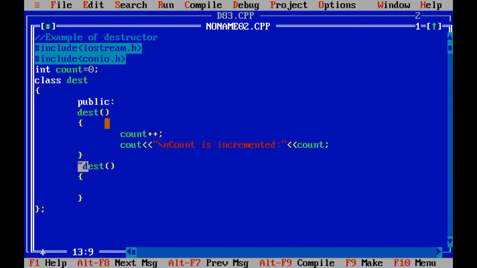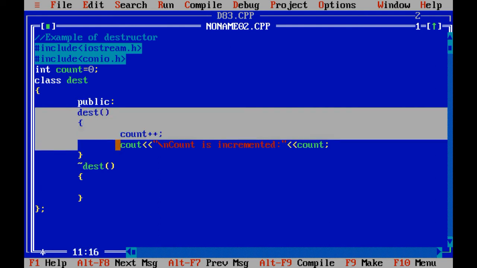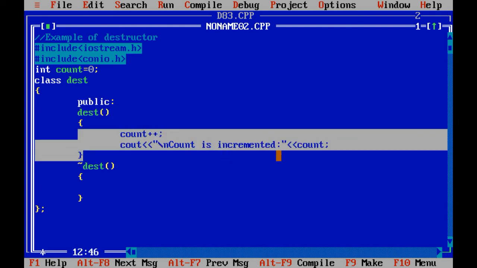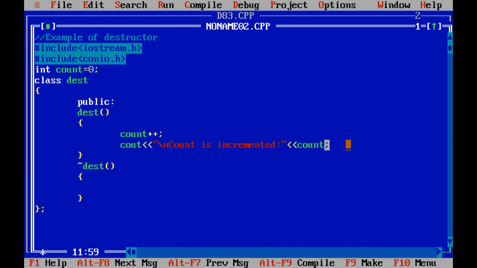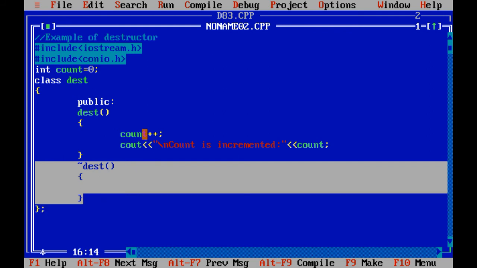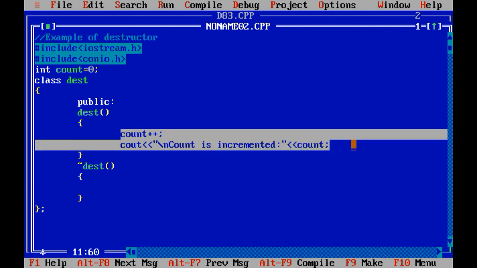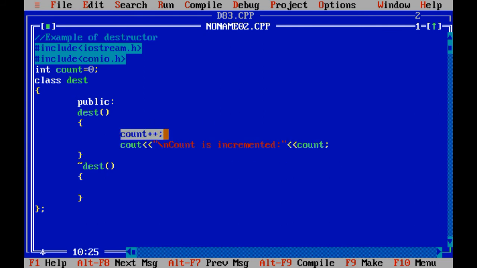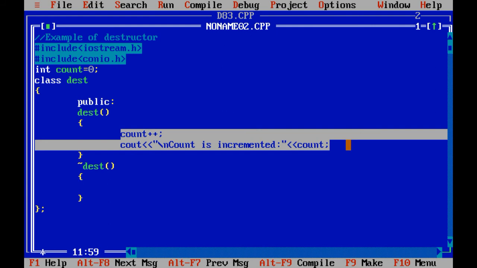Now the second difference: the constructor is used to initialize the value of class variable, whereas the destructor is used to destroy the values which were initialized by the constructor.